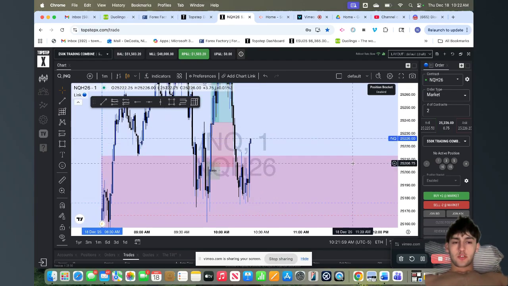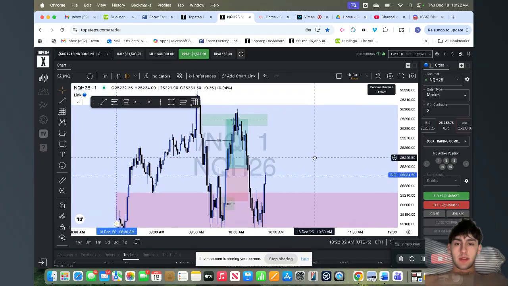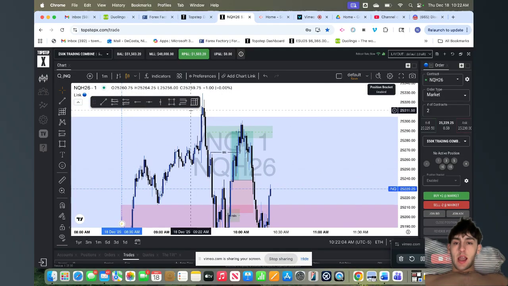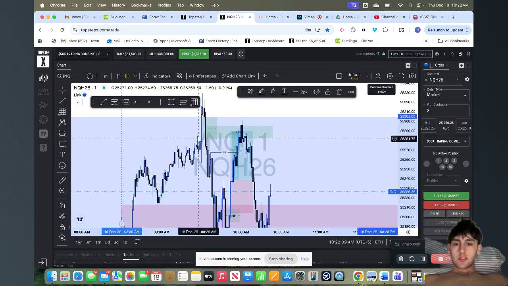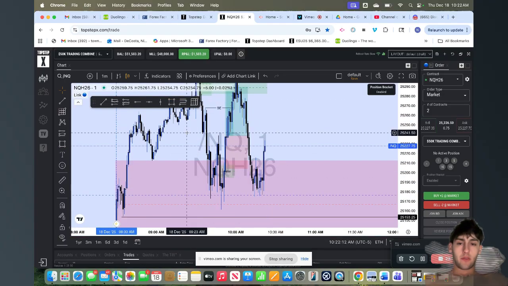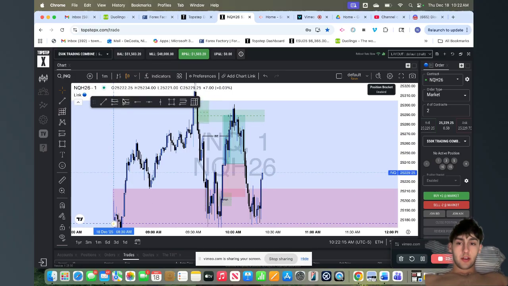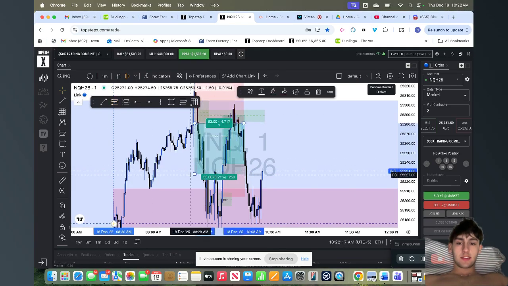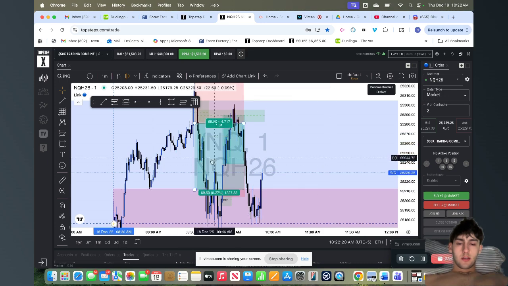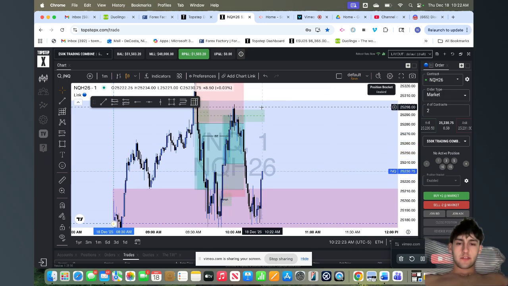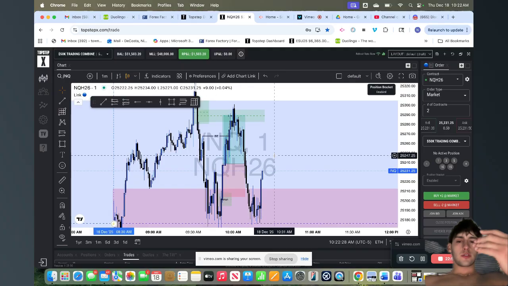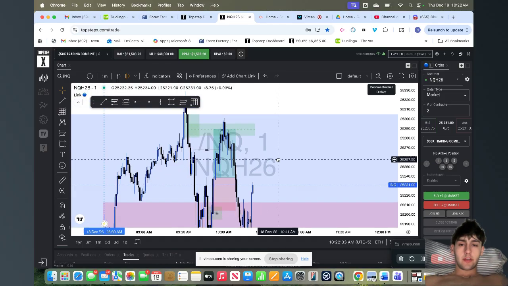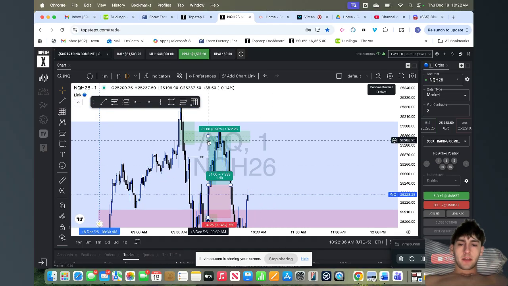So the trade I took today might have been different than the trade that some people took. I personally know that people took this trade, right? This 1 minute inversion targeting the 15-minute fair value gap. There are profitable traders that I know who take this trade. They took the retracement into the 15-minute. I took the extension out of it. But either way, it doesn't matter. You're not wrong for trading the way you do. This is just what I ended up seeing for the day. And yeah, that's pretty much it.